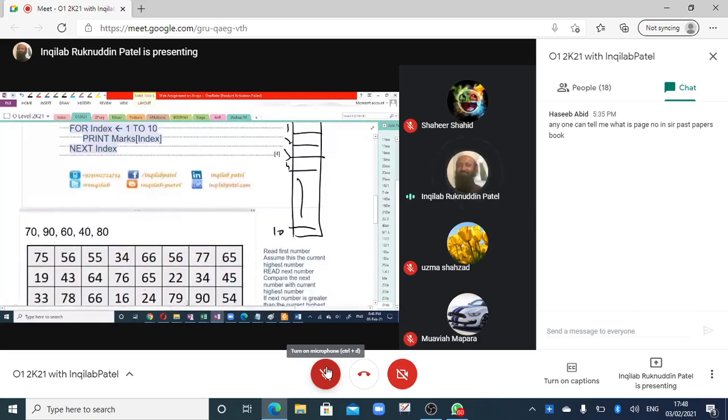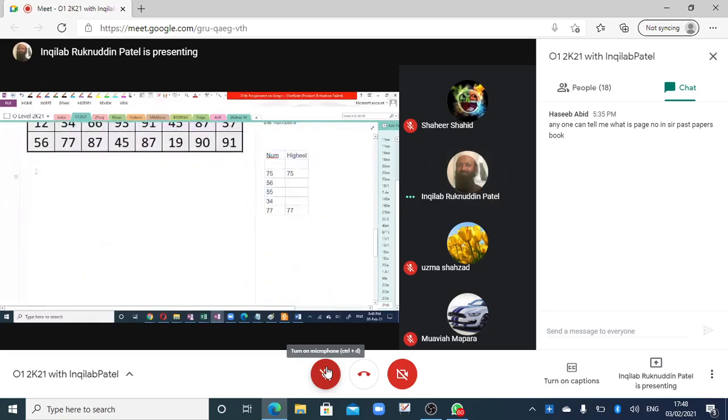Now I am doing this for this data, right? What I am doing, I am writing num and highest. Now I am reading the number 75, I think, sorry, 70, and I will assume that this is the highest number.